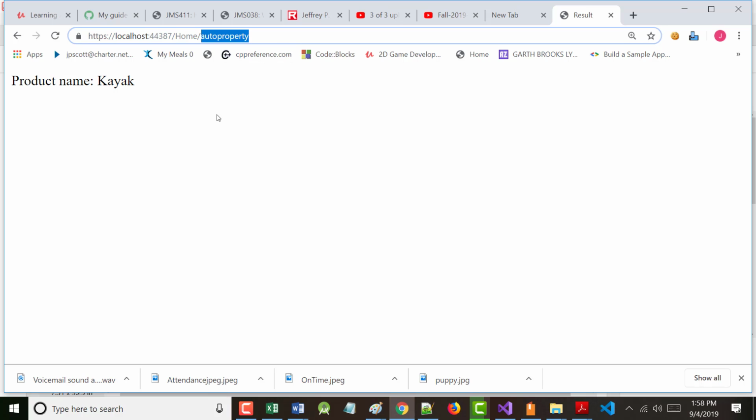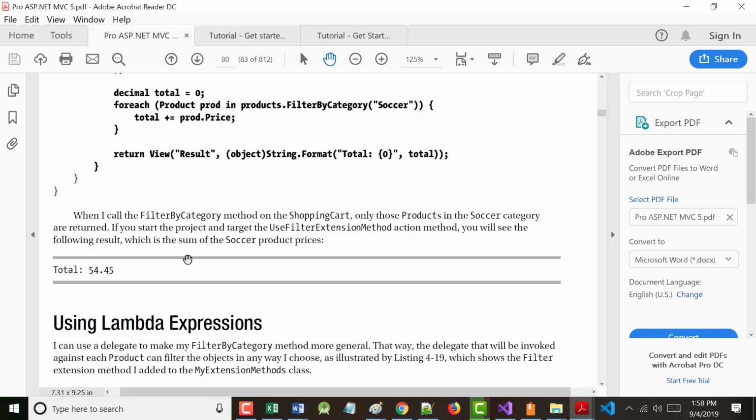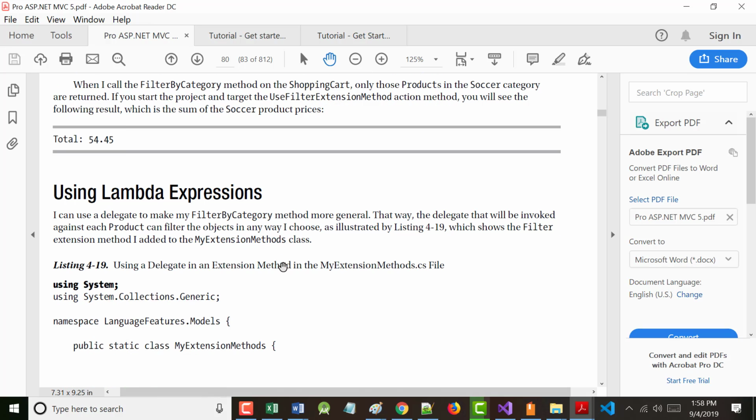All right, so that should have come up with, putting that in there, it should have come up with whatever we said, 54.50 or whatever it is, 54.45, I guess. All right, I'll look at it, see if I can figure out what the problem is during the next break. Okay,